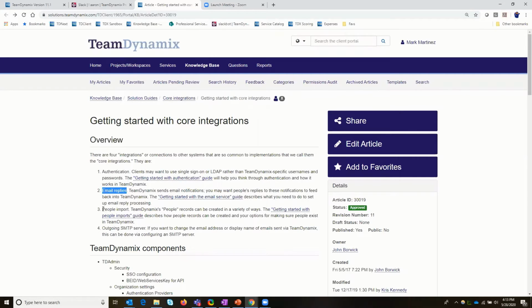Then the biggest chunk is people import, right? So people import. People records, typically user records, are created for all of your potential users in the tool. And that's usually into, at higher education, it can be into the thousands of users, right? Especially on the ticket. On the project side, you probably aren't going to get that many people. But on the ticketing side, if students, faculty, and staff are going to be submitting tickets through your client portal, then you could have potentially thousands of what we would call client license users who only have access to the client portal,